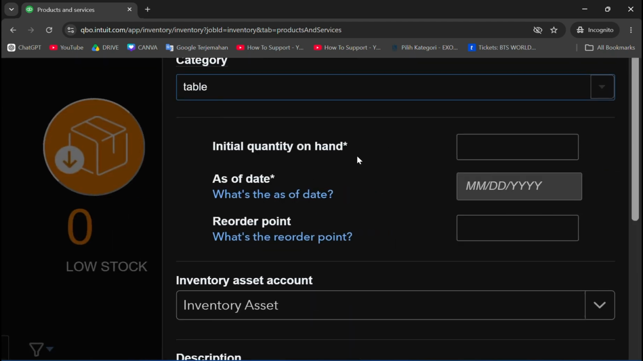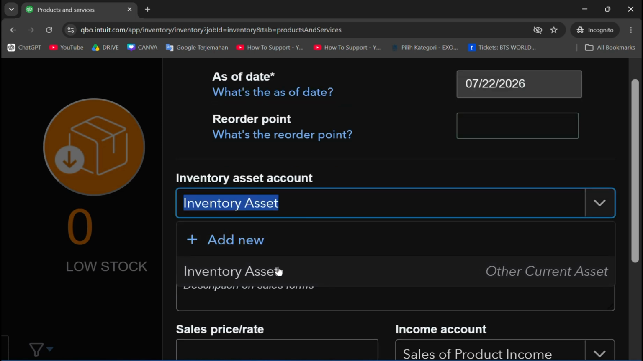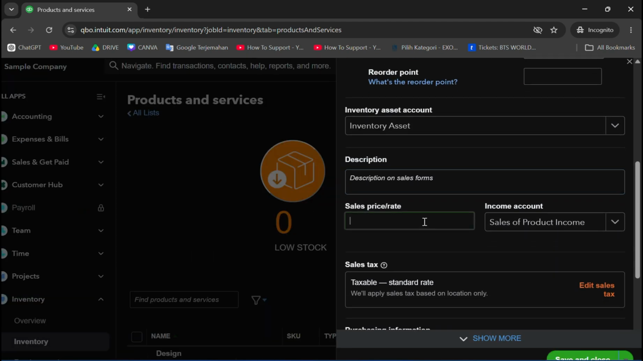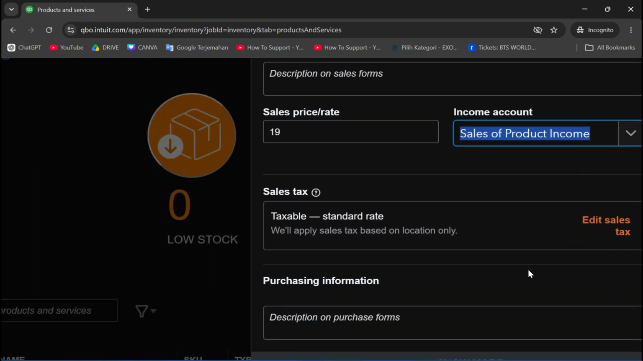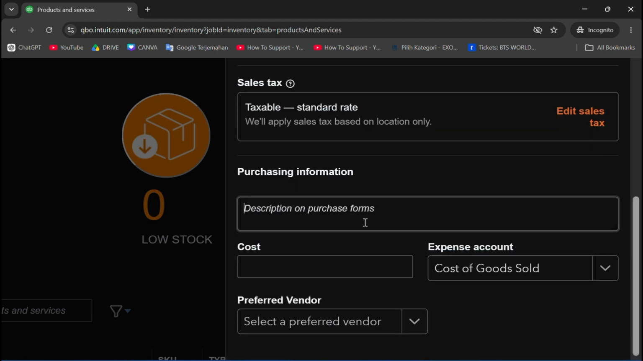Then you can add the initial quantity on hand, let's say 10, and the date, it's up to you, and then the reorder point if you have it, and then inventory asset account, you can choose. I'm going to choose inventory asset, and the description if you want to add it, and the sales price. So let's say 19, and you can choose the income account, and then the sales tax if you have it,